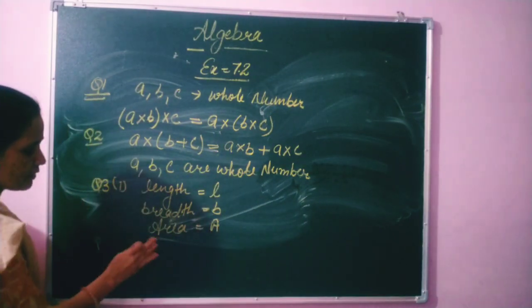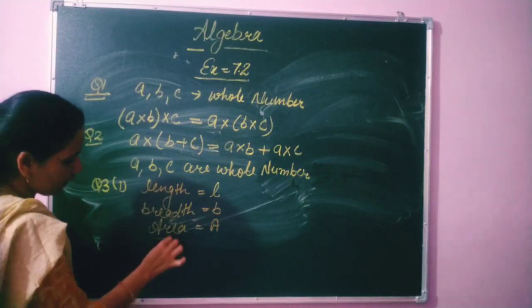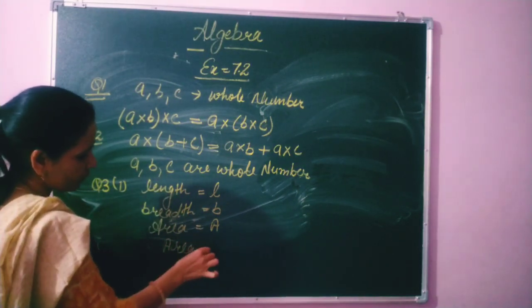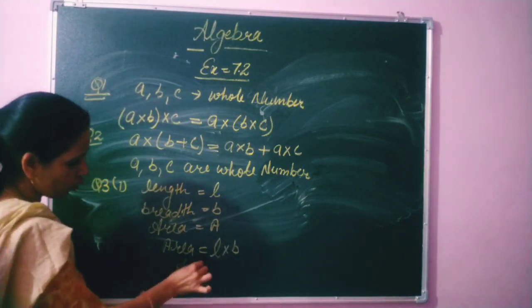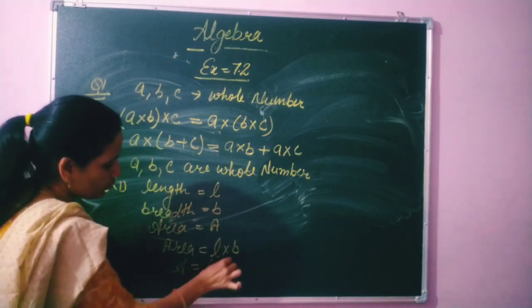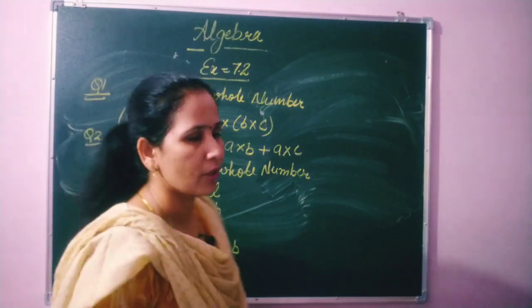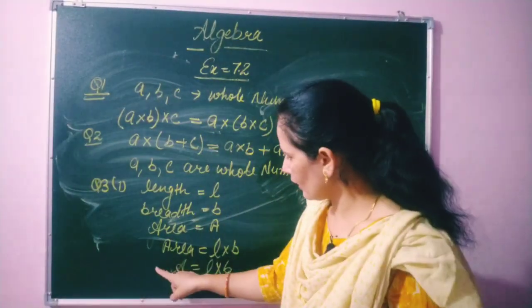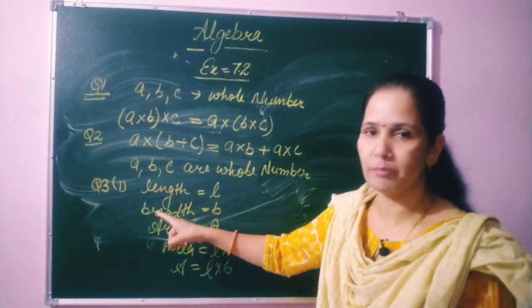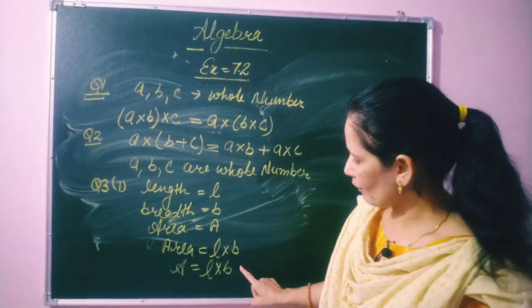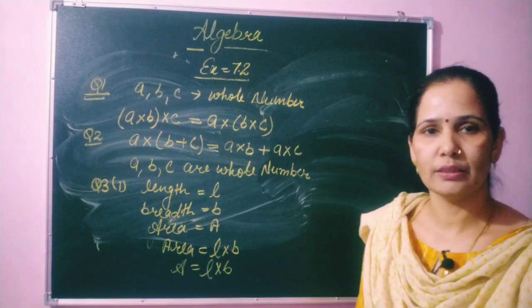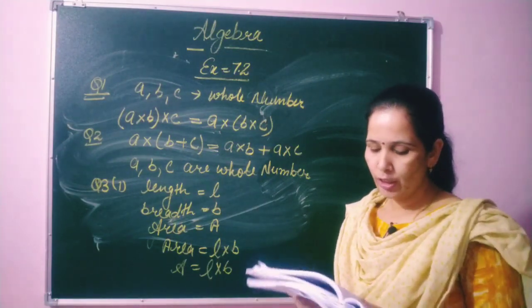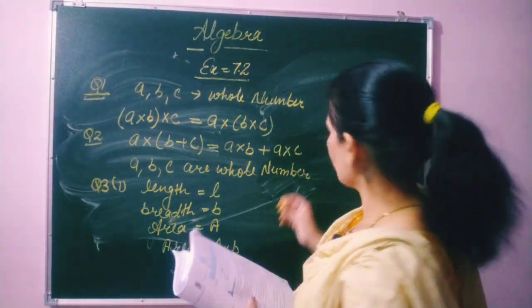So how do we generalize this formula? We know very well that area equals length into breadth. So we can write A equals L into B. Now we have generalized this formula with the help of algebra. Directly in short form, instead of writing length, breadth and area, we simply use algebra, and using this algebra we can show the formula. Okay, second question: area of a square.